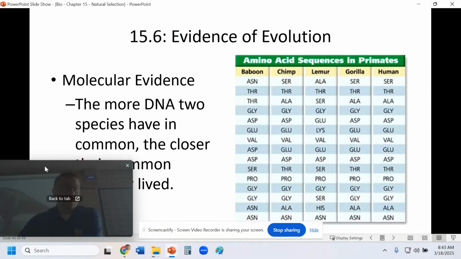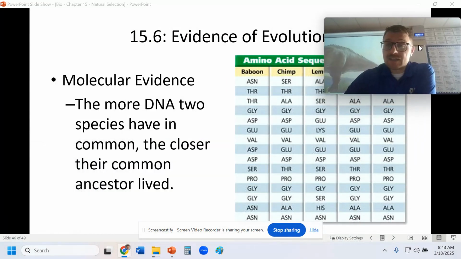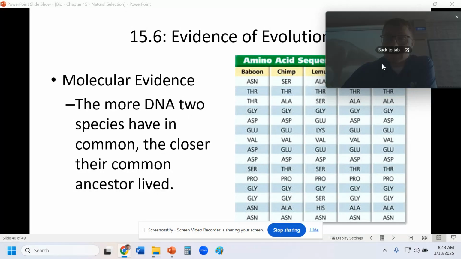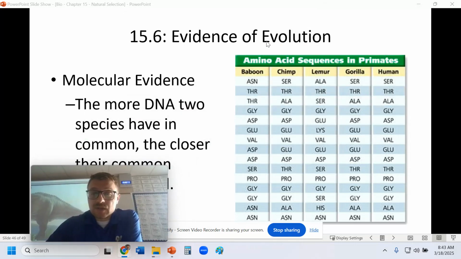Our last part of this section is going to be about the DNA that supports the evidence of evolution. And what we see is the more similar two organisms are, the more closely related their DNA is going to be. And this is just because they share a more recent common ancestor. So we can see that DNA sequences, again, show us that these organisms are very close to each other since their amino acid sequence, their proteins, their DNA are very similar to each other.